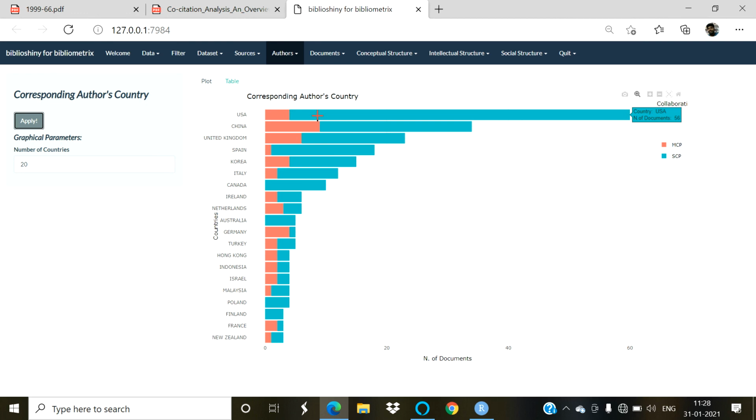I don't know what the color is, but the first part shows the multi-country papers and the second part shows the single-country papers. There are a total of 60 papers with USA, and 4 out of 60 are cited more than one time, whereas 56 papers are cited only a single time. This is also very important for us: which countries are highly involved in the production of crowdfunding literature.